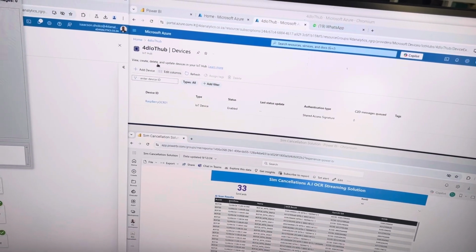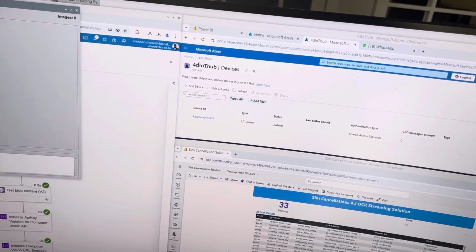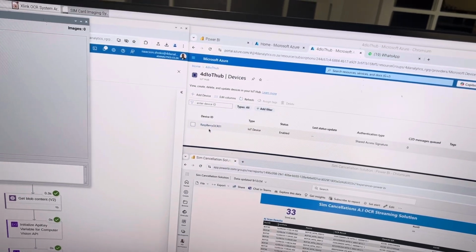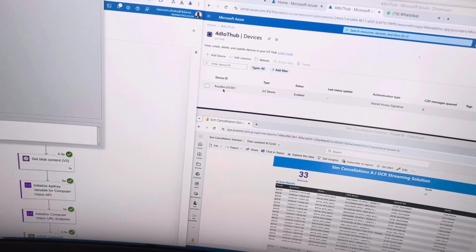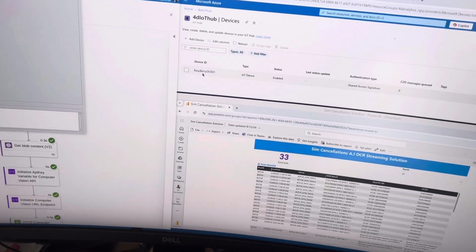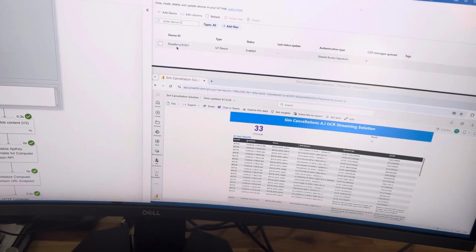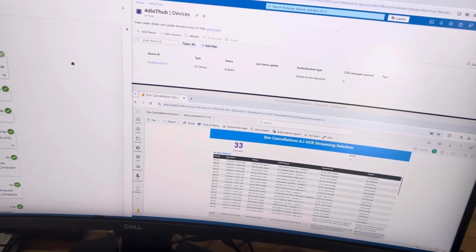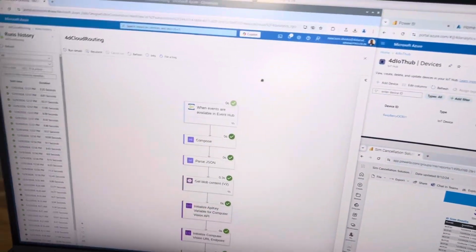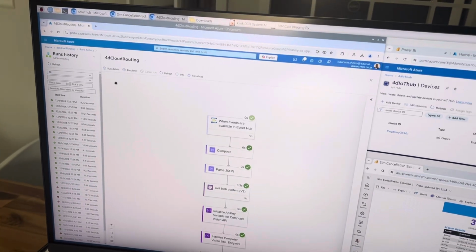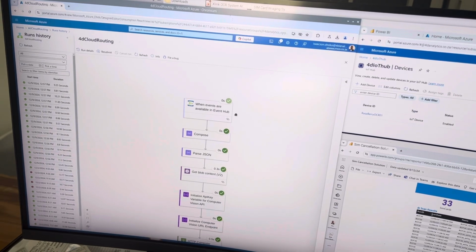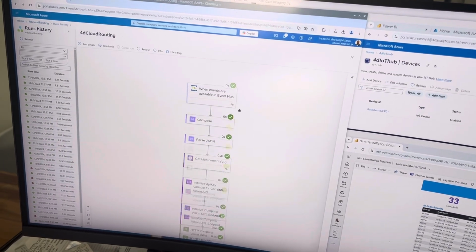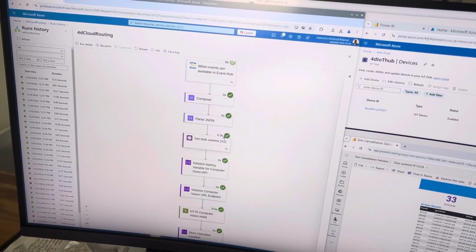Right here where the mouse is, this is my IoT Hub, and I've registered this Raspberry Pi as a device so I can receive messages from it. Once the messages are received on this side, this is my logic app. It's listening in on Event Hubs for when events are available. So I then take that data from